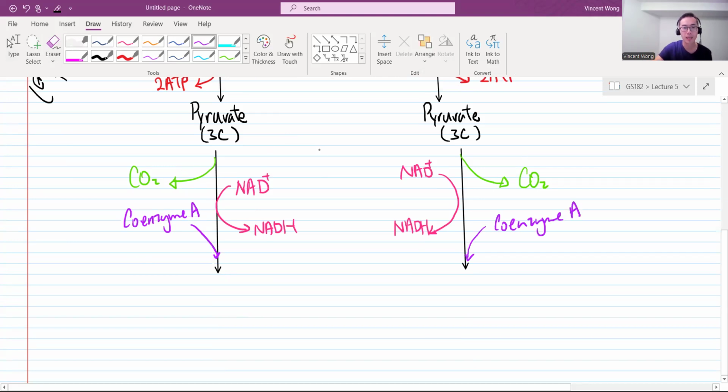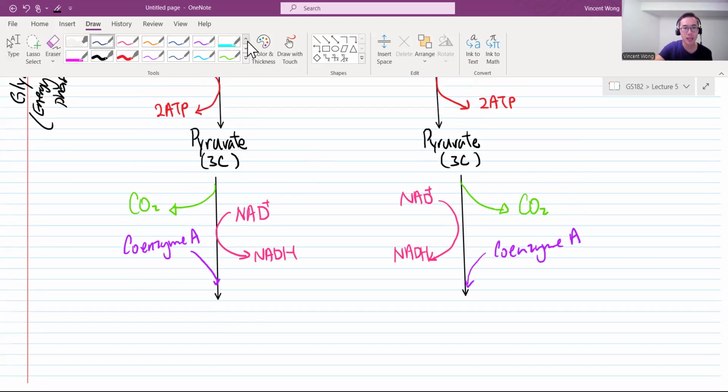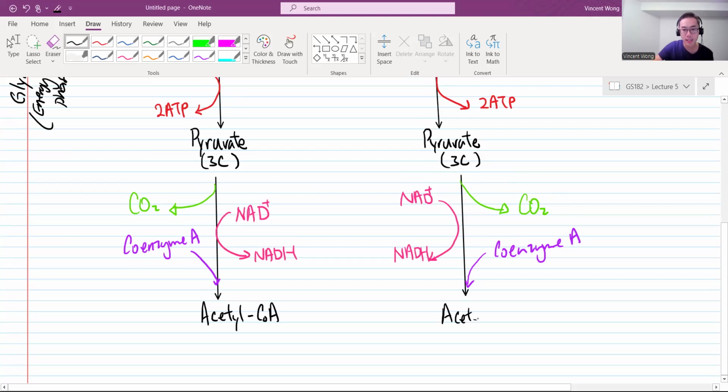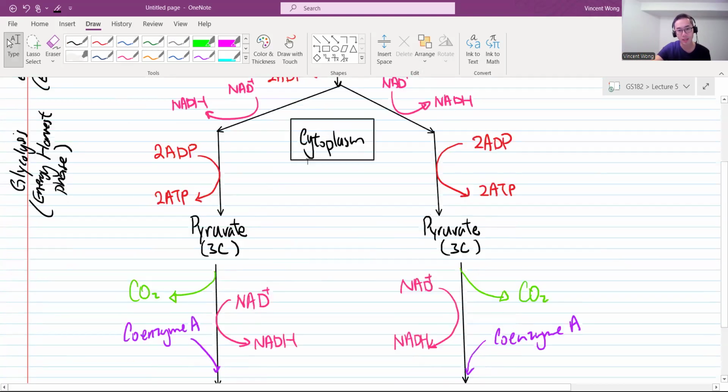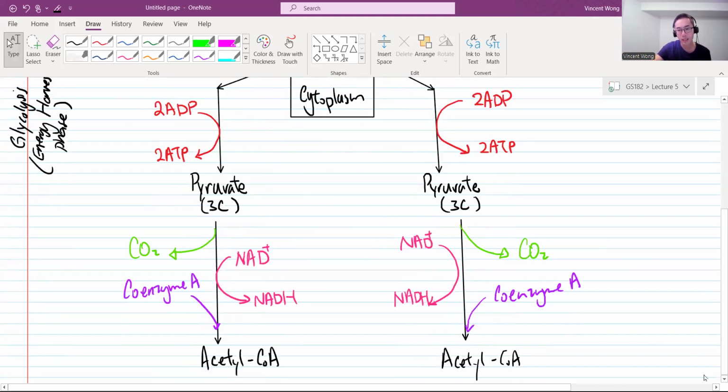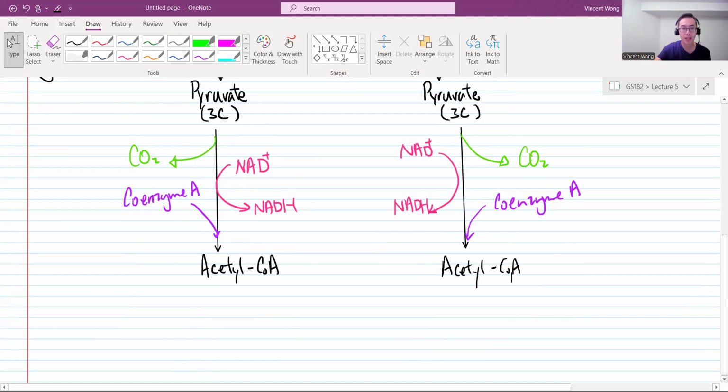After all these reactions, all 3 steps, you end up with another molecule called acetyl-CoA. This summary chart is a good thing to have next to you when you're doing the test, just as a reference, because I know it's really hard to memorize all these things, and I don't expect you to. Just having the reference sheet there is going to help you through some of the questions.